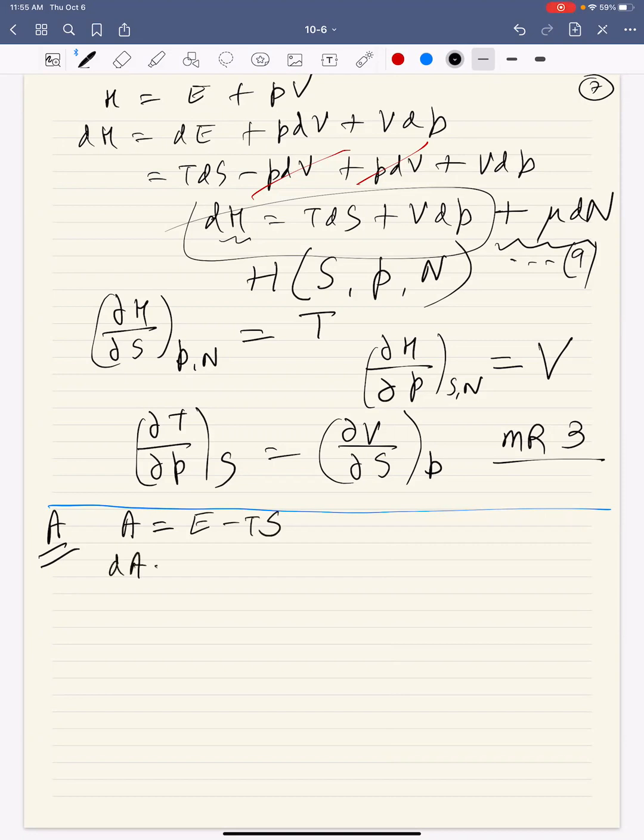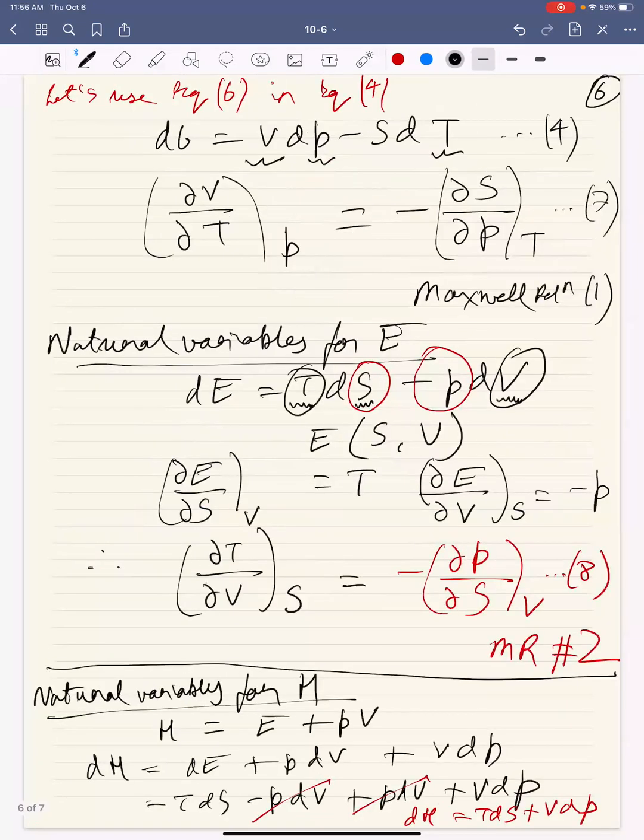So dA is equal to dE minus TdS minus SdT. Once again, dE is equal to TdS minus PdV, minus TdS minus SdT. And one thing I want to do is make sure I have numbered these equations. So this was,